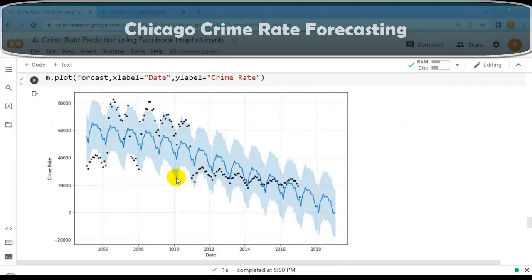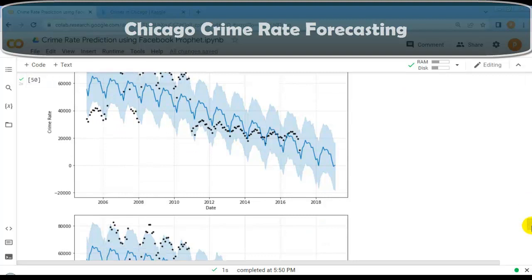So here the black dots are historical data, and this deep blue line is the model predictions, and this light blue shadow is a 95% confidence interval around the predictions. The blue line shows a good match with the pattern, which indicates a good prediction on historical data. So as you can see here, forecast for 2018 and 2019, and good to see that crime rate is decreasing. So this way we can perform forecasting using Facebook Prophet.